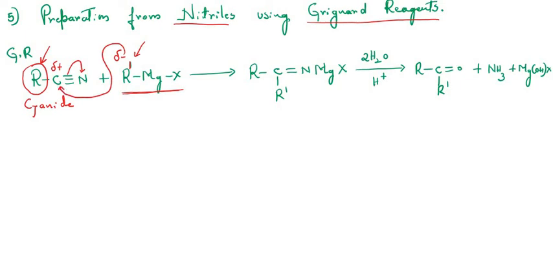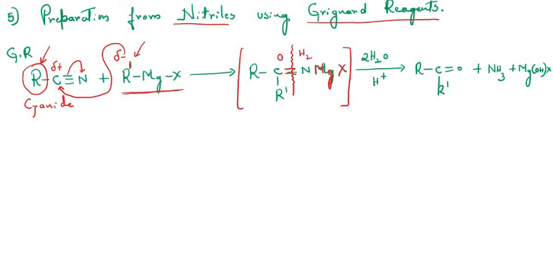So therefore we get an intermediate adduct. That is nothing but the addition product. Addition products are always written in square brackets, and sometimes are also referred to as adducts. Addition product is nothing but adduct. Now in this intermediate we can see that the double bond is present between carbon and nitrogen, and the nitrogen is linked with magnesium followed by the halogen. So this adduct, when subjected to hydrolysis, the bond gets ruptured here, that is, O is added here and hydrogens are added here. Is it clear, students?